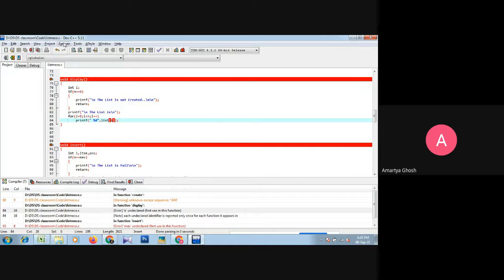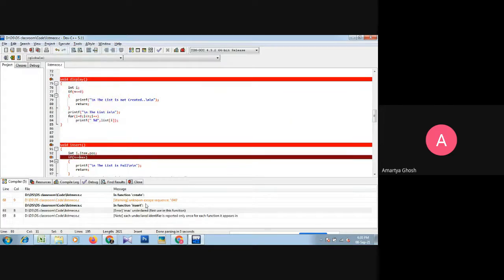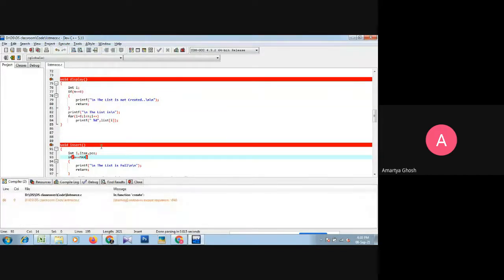Save. Again compile. Unknown escape 40 in function create. Again the max is in small letter, that should be capital letter MAX. Compile, and finally unknown escape in create.